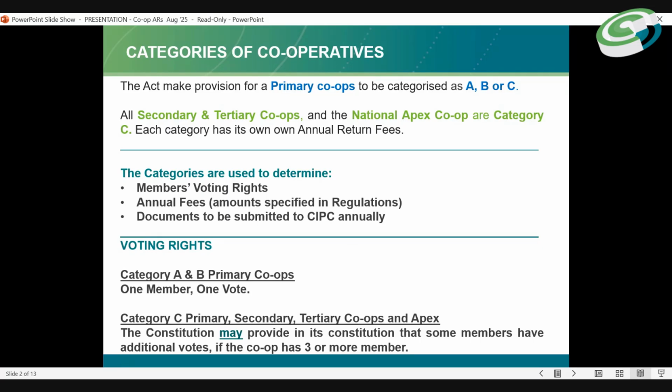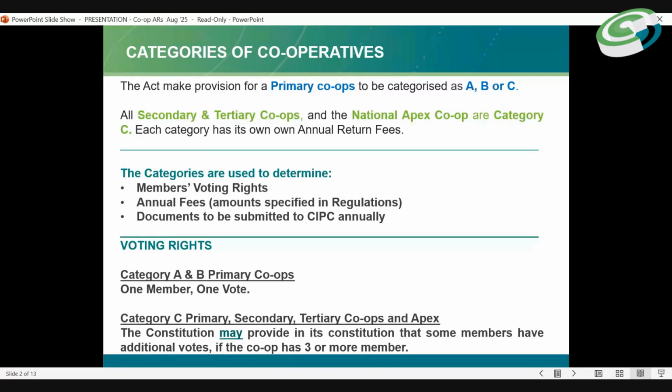We've got category A, category B, as well as category C. The secondary, tertiary, as well as the national apex are also categorized with category C, especially when it comes to annual returns.